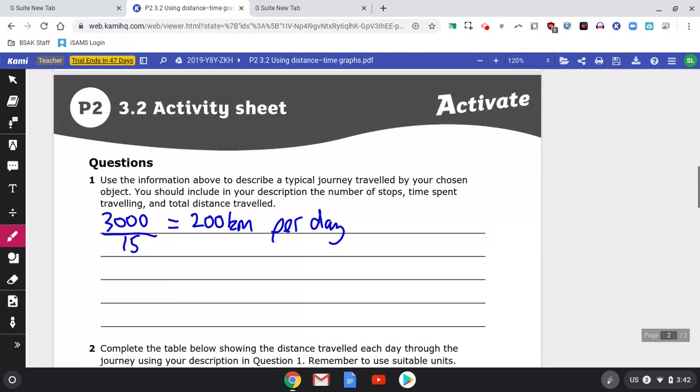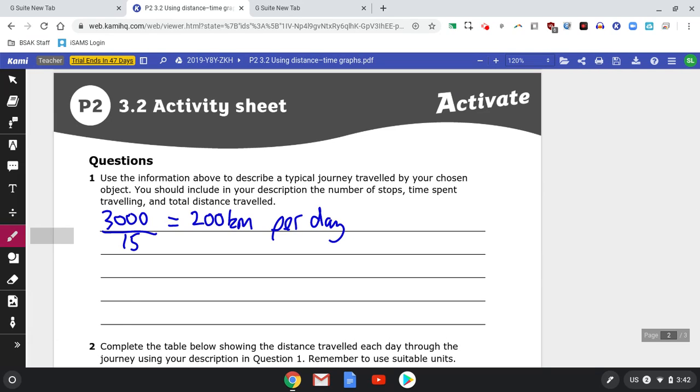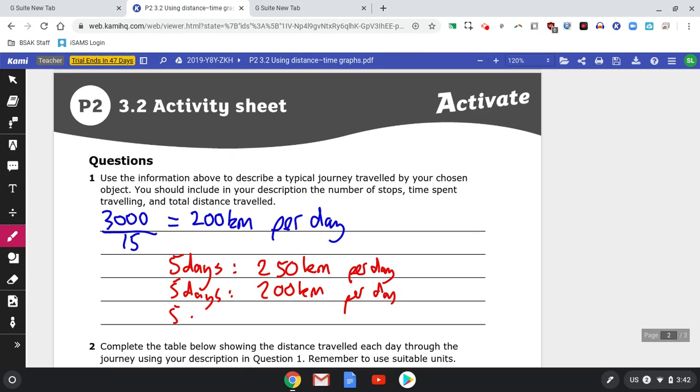Now, how about this? I had a little think about this, and I thought, well, what if the bird covered 250 kilometers in the first 5 days, and then did 200 in the next 5, and then did 150 in the last 5? I think that might work out. So let's see. So the first 5 days, I reckon if he did 250 each day, and then the next 5 days, he did just 200. And then the last 5 days, if he did 150